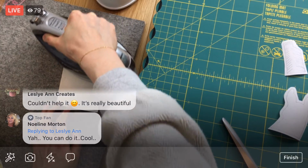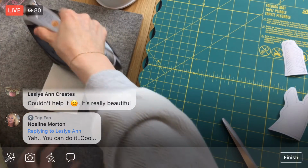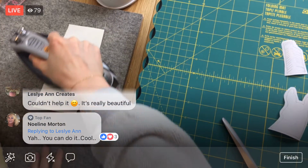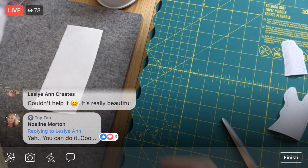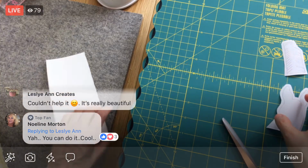So it's not too big of an issue that this is curvy. It's just going to be a little bit more difficult to work with. But it seems like it's getting a little flatter here once it warms up. Had to preheat a little bit there. Okay, well that's good anyway because we need it. We need to use some heat to attach our